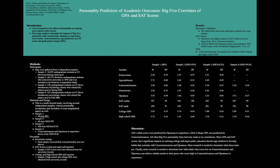Each sample received their own different personality inventory. These are four well-established inventories. Sample 1 received the 44-item Big 5 inventory. Sample 2, the 60-item NEO 5-factor inventory. Sample 3 received the 280-item HEXACO personality inventory. And finally, Sample 4 received conscientiousness and openness to experience facets of the NEO PIR, which is just another well-established